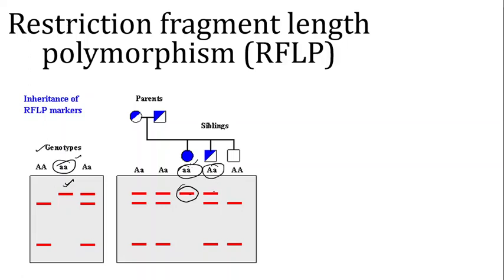Similarly over here we are getting 2 different bands in this particular case, so it means it is heterozygous, both the alleles are present. Here only one band is obtained, which shows that only one type of allele is present, which is corresponding to capital A. So in this way we can also examine the inheritance of a particular gene.